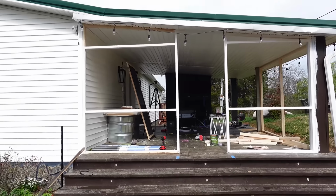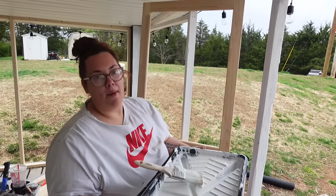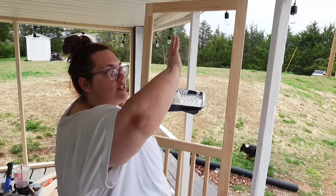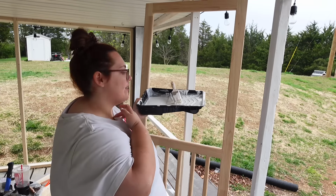Oh my lantern. I just have the first coat on and I don't even have it all on. Look how pretty. Oh, it is looking so good. Shane's gonna be working on sawing on the opposite side of the porch, so hopefully no sawdust gets around here where I'm painting. But what we did was we took off the hardware that we had put to fit the door right here, and then Shane took off the screen that was on there so that I could